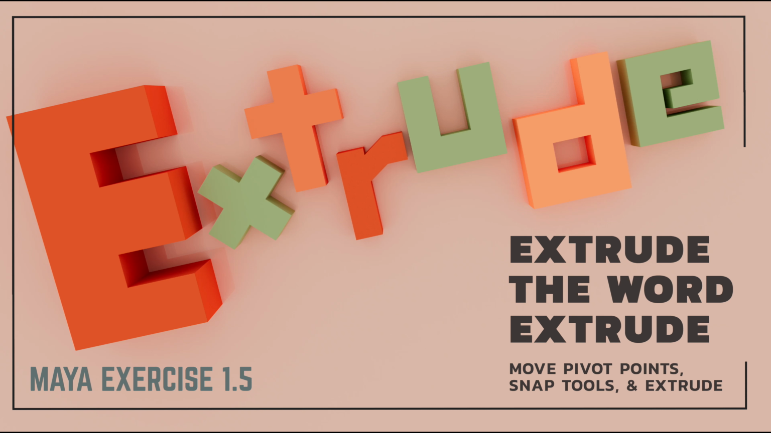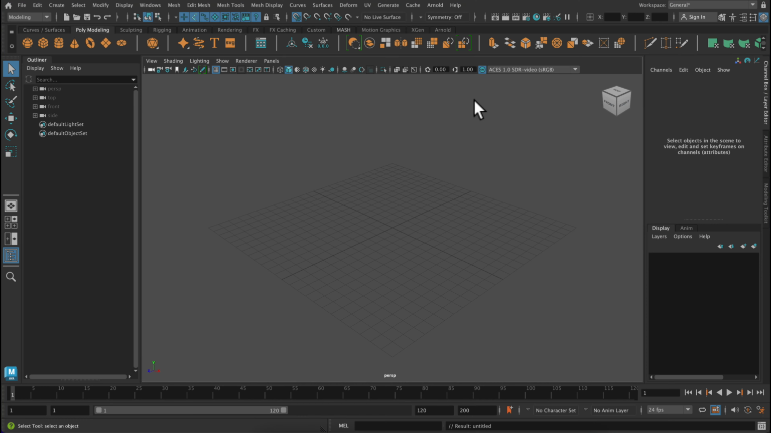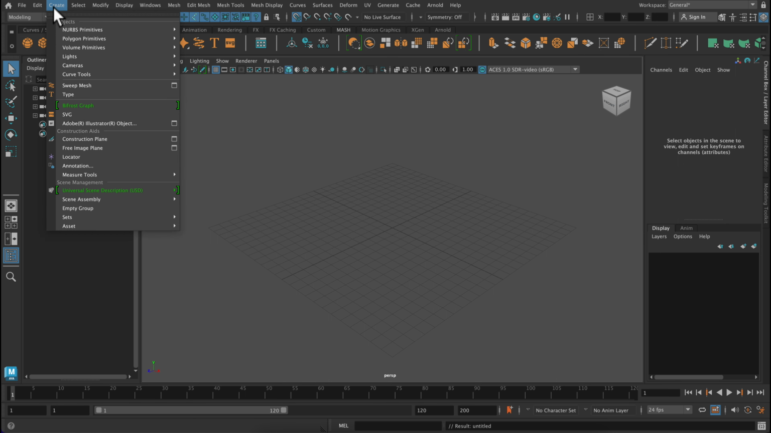Hey class, so for this exercise we are going to be extruding the word extrude. It's a simple exercise that's going to give you a lot of practice on moving pivot point. We're going to use our different snap tools, and then we're going to be using the extrude tool. Let's get started. So the first thing I'm going to do is demonstrate the pivot point, the different snap tools,